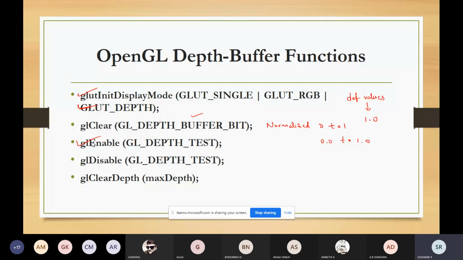And how do you deactivate this OpenGL depth buffer visibility detection function? For deactivating, you can use the glDisable function.